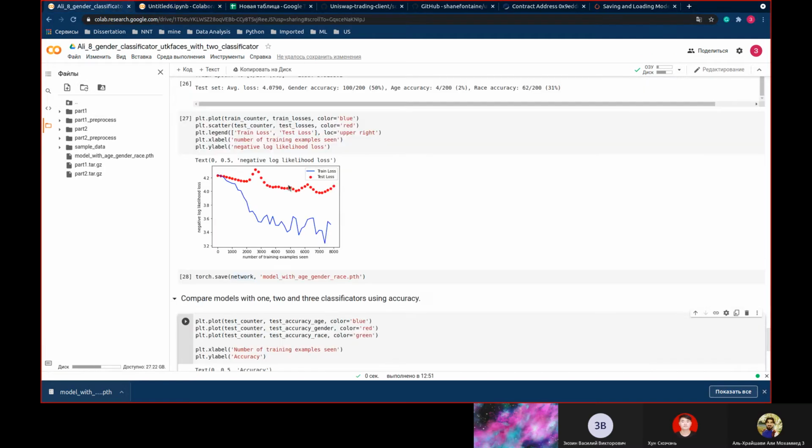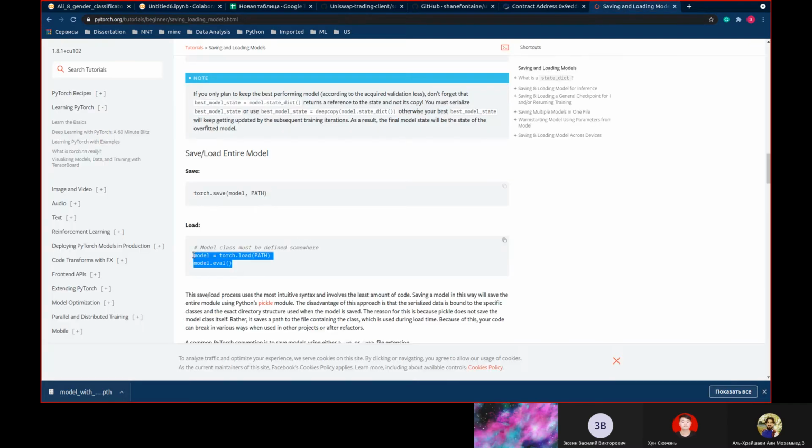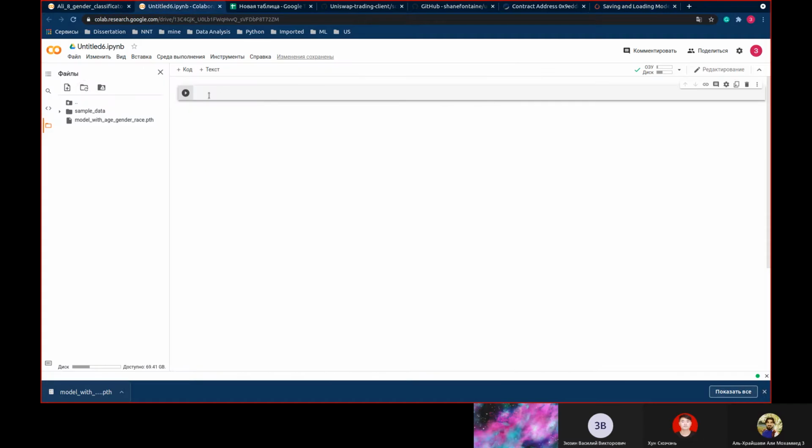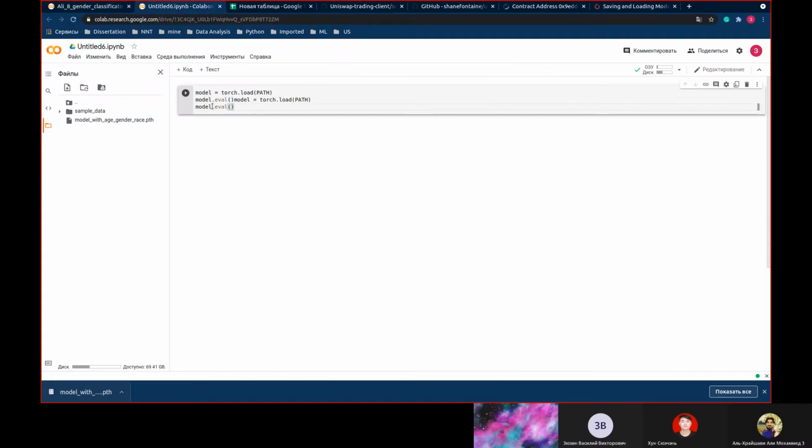Okay, now we have a model here, and just getting torch model class. Okay. Import. Let's try to import the file.